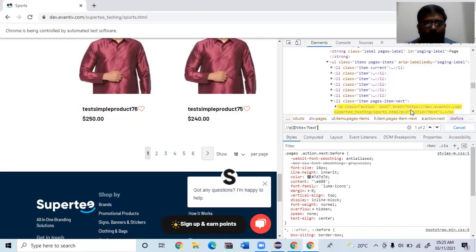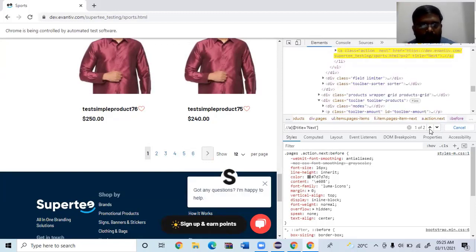So let us see, is it the correct one? This is the first one, right? And let me just click here. It's the second one. So I'll just repeat it. This XPath is matching with more than one element. Of course, there are many approaches for it, but as of now,